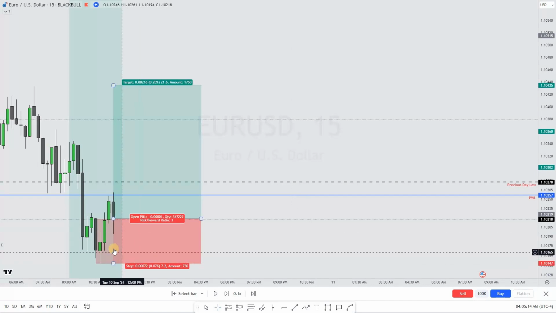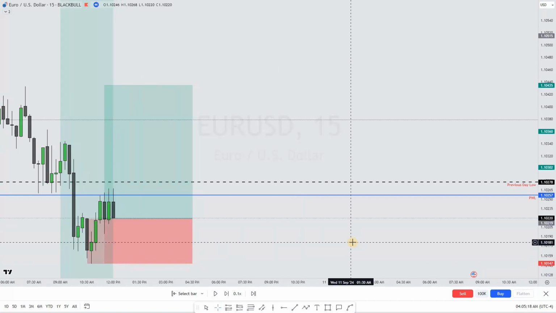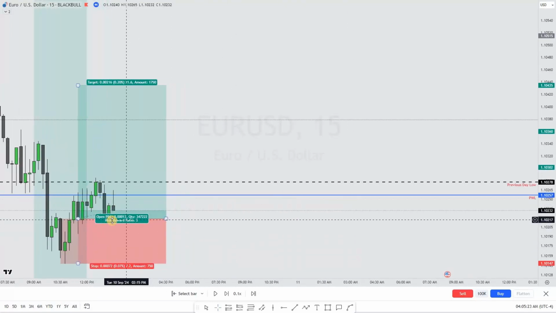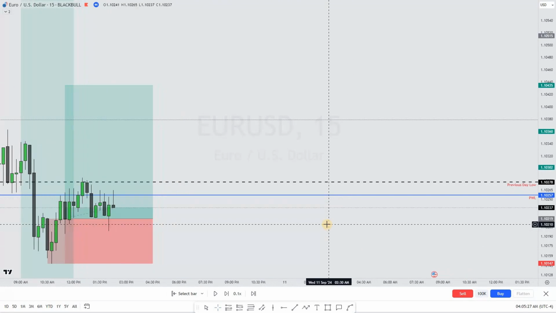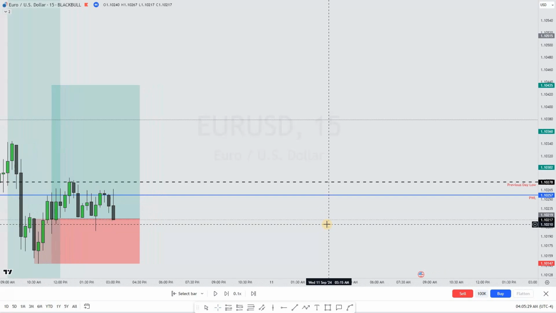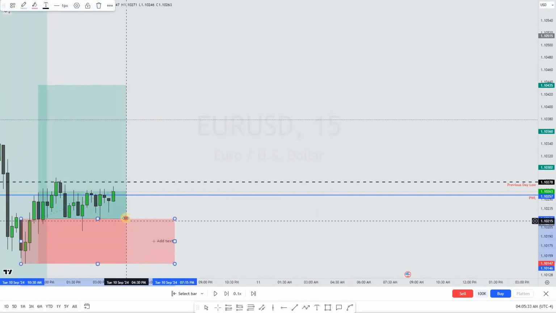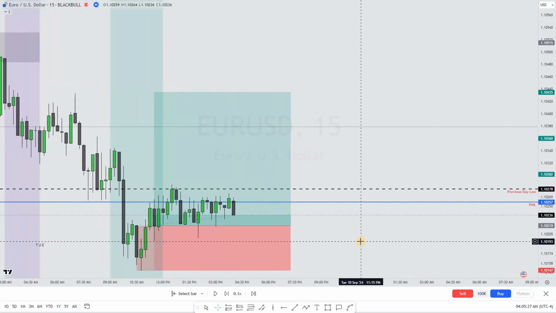And as you can see, I was triggered here and I allowed price to move. Price was playing around this area and then it came down to my entry and into some drawdown. We played on this level for a very long time. And I even left the trade. Again, it was late at night for me. So I left the trade.